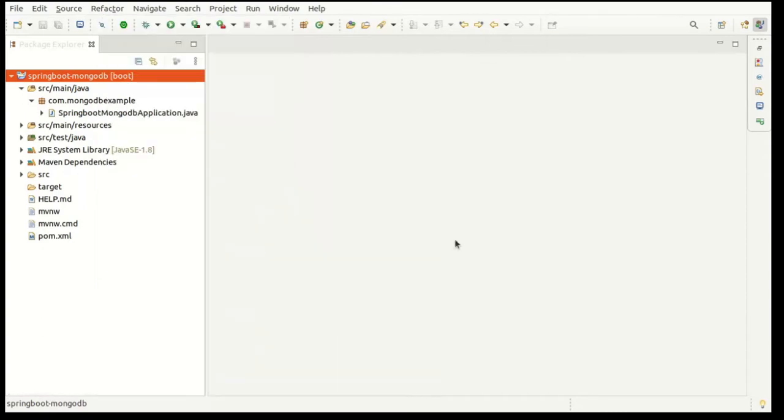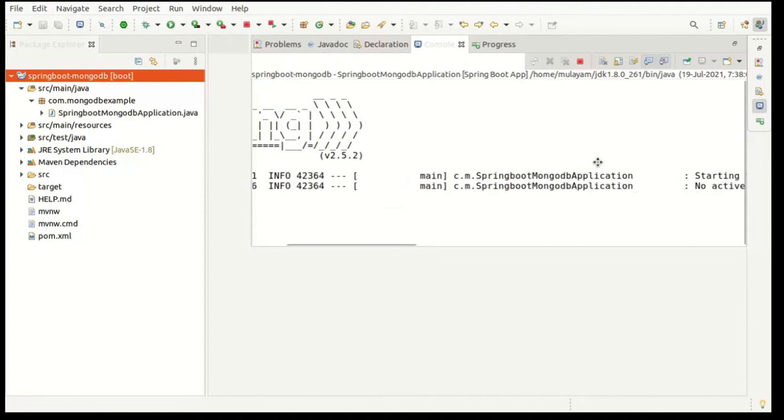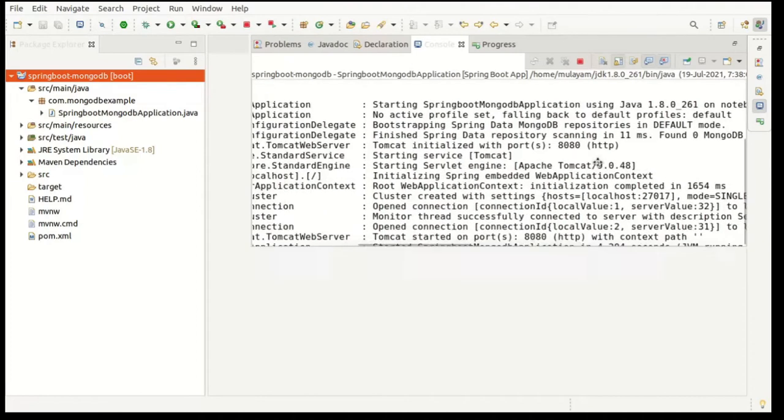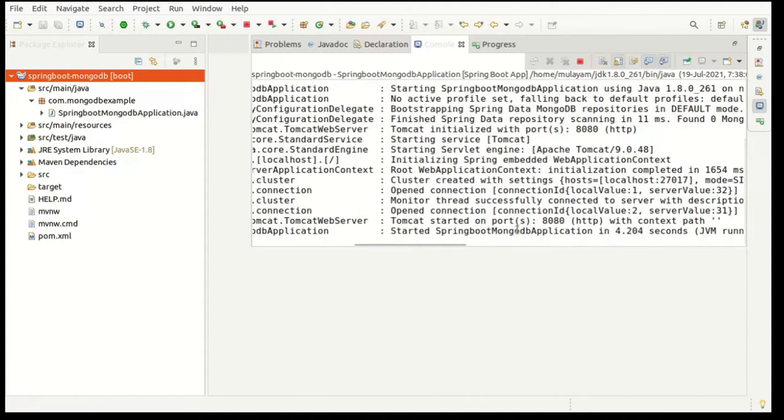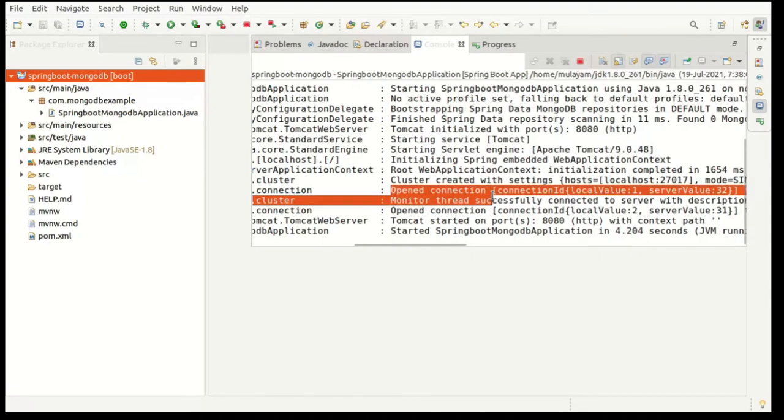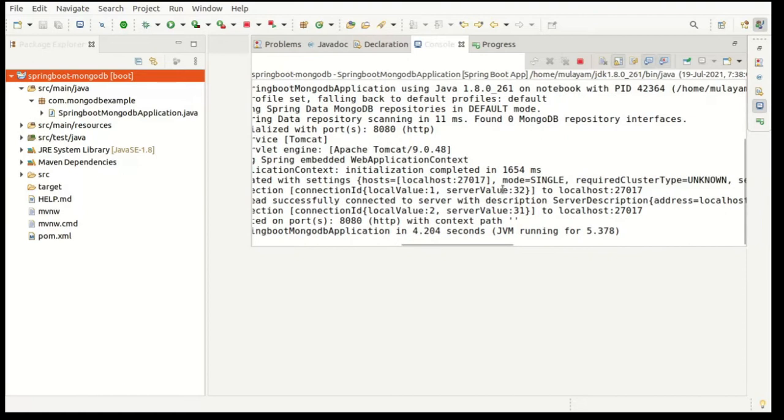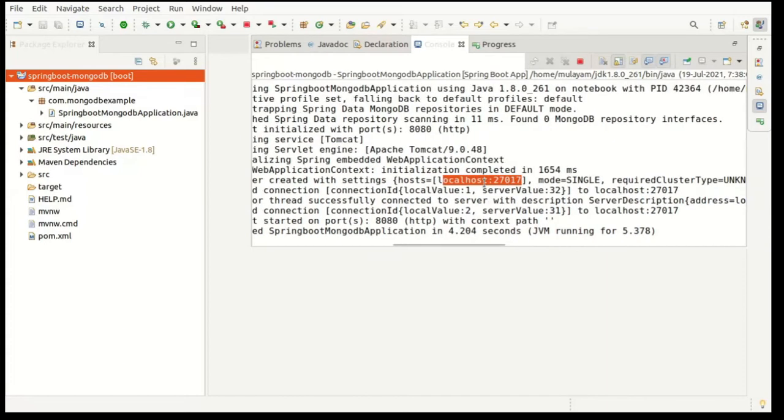When we are adding Spring Data JPA, and if we are not adding any information about the database in our properties file, then we get an exception, right? But in case of MongoDB, let's see what is happening. We are not getting one. Now our application is started, and you can see it is connected, open connection. You can see it is trying to connect on localhost 27017. So by default it will try on the localhost and the default port number, so we don't need to specify. That's why we are not getting any error.